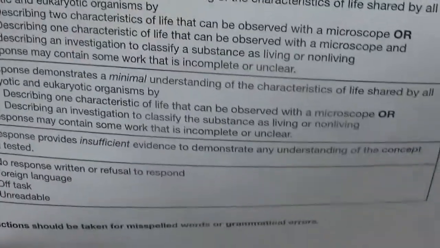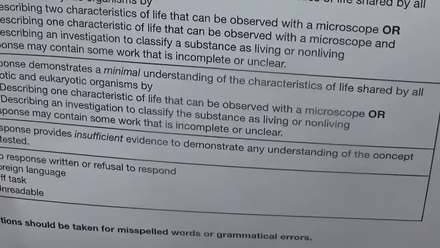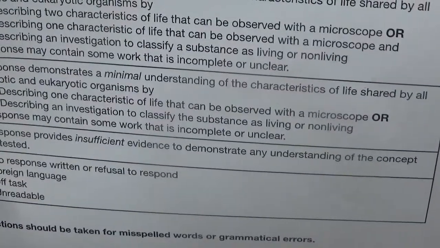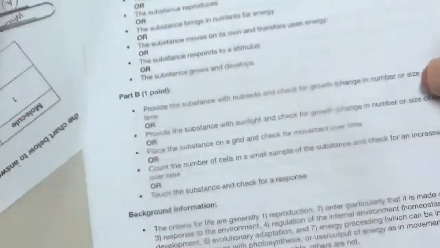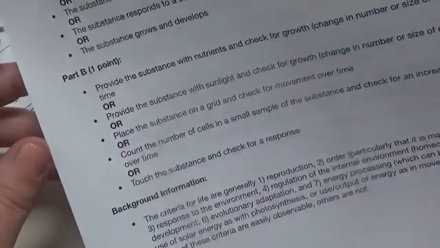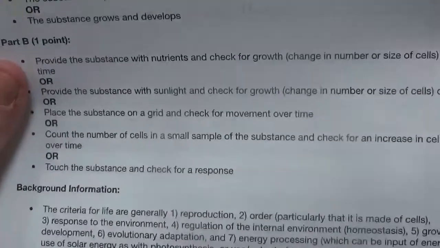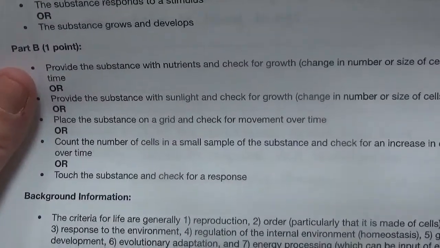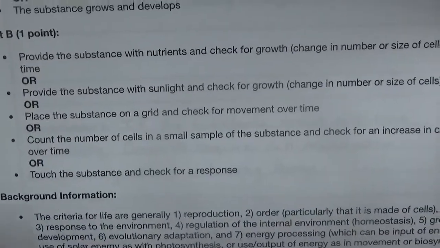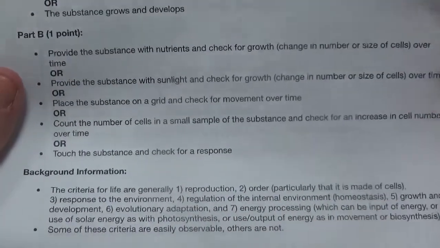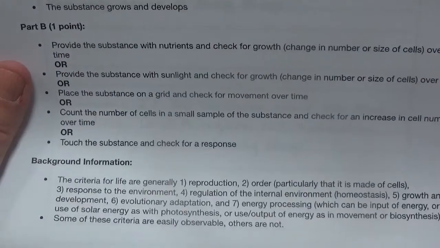If you can describe one characteristic of life or describe an investigation to classify the substances of living or non-living, that's going to get you 1 point. So what if we said the substance is made up of cells, or the substance contains genetic material, or the substance can reproduce, or the substance brings nutrients for energy, or the substance moves, or the substance grows and develops,